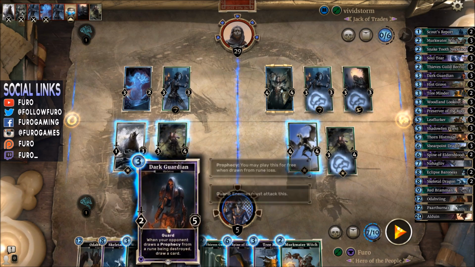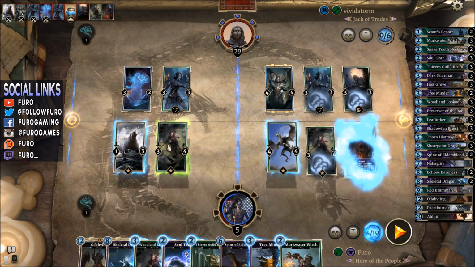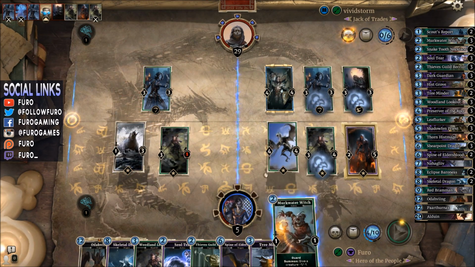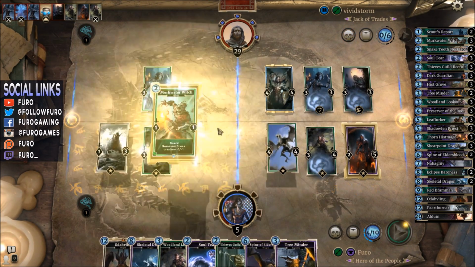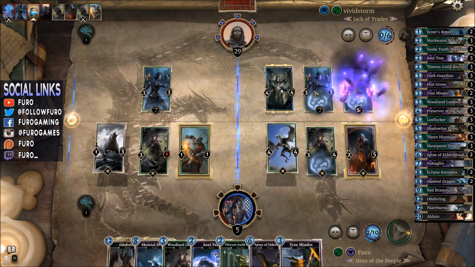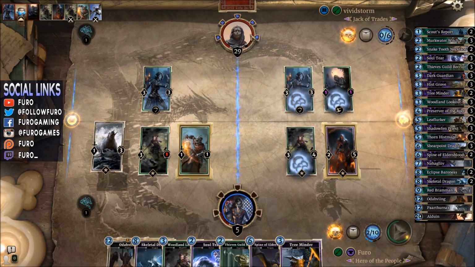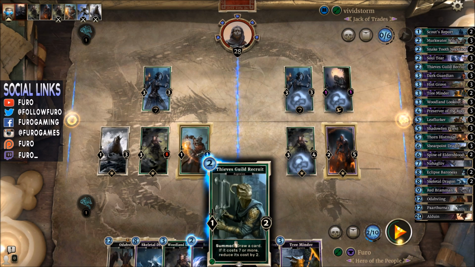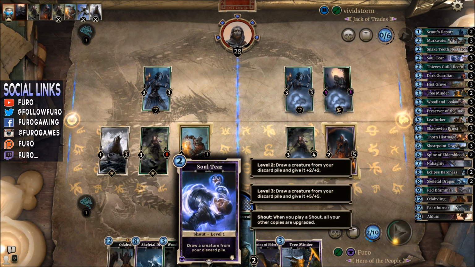We are dropping the Dark Guardian. Killing his Shade. We are using the Witch here as well. Get the Brother Slayer down. We are killing his Bring of Nightmares. And 1 more in the face. So with that we are more or less making sure that we are having a stronger board. I would also say we are using the...